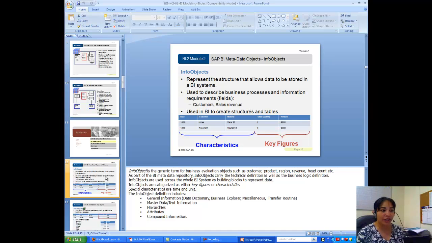Info object is basically the generic term for business evaluation objects such as customer, product, region, revenue, headcount, etc. And it's a part of the BI, business intelligence, metadata repository. Info objects carry the technical definition as well as the business logic definition. Remember, info objects are used across the whole business intelligence system as building blocks to represent data. Info objects can be key figures or characteristics. I talked about the key figures before. Now, for the characteristics, it can be